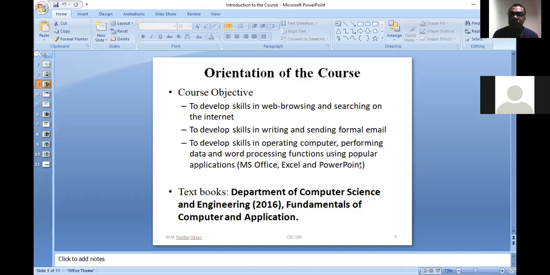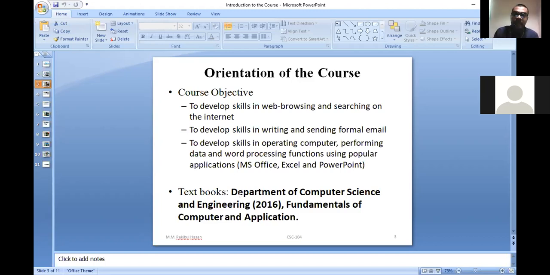So this course is not only important for your university, but also when you will be in your job life, in the job sector. At that time, it will give you a number of advantages. Because everywhere in the job sector you will get a computerized system, and you have to work with Microsoft Office Word, PowerPoint, and Excel. So at that time it will help you a lot.